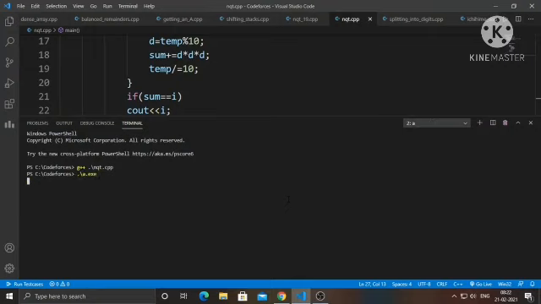Suppose the user enters 100 as the lower bound and 200 as the upper bound. The output is 153. This is for the valid test case.